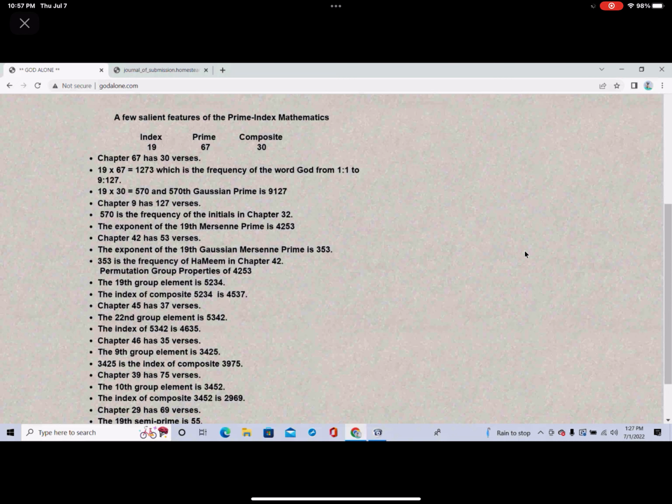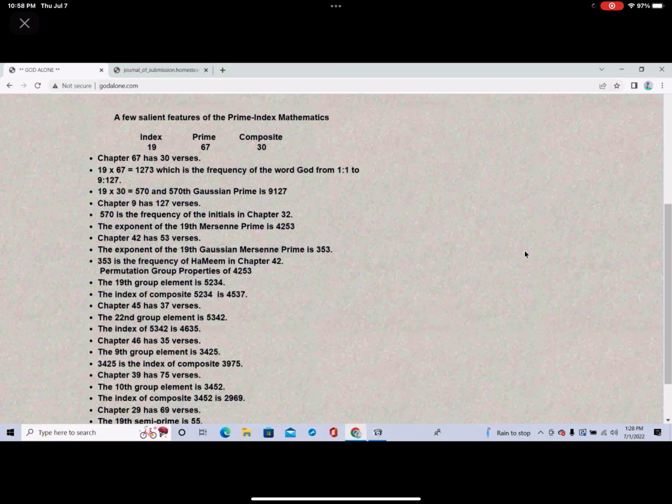This idea, from 2005, is 17 years old. So I've been talking about this for 17 years. The 19th prime number is 67, and the 19th composite is 30, and I said chapter 67 has 30 verses. That line forced chapter 67 to have 30 verses. It couldn't have anything else. It was supposed to have 30 verses, because that line, index, prime, composite, 19, 67, and 30 are